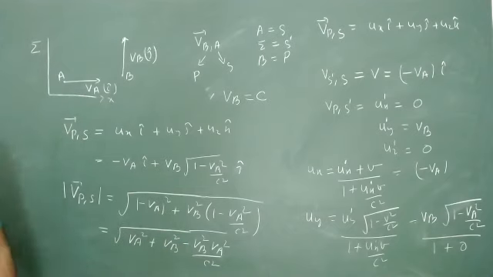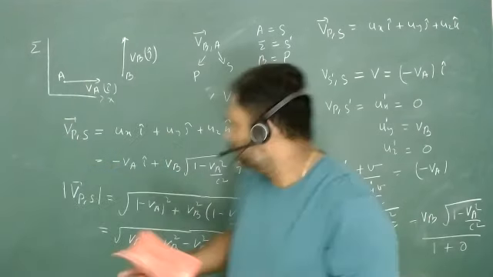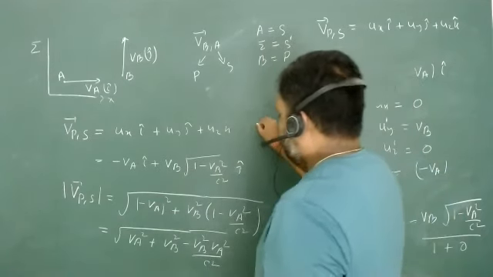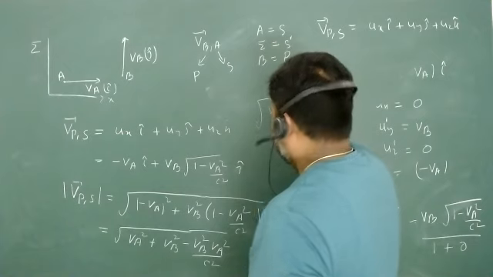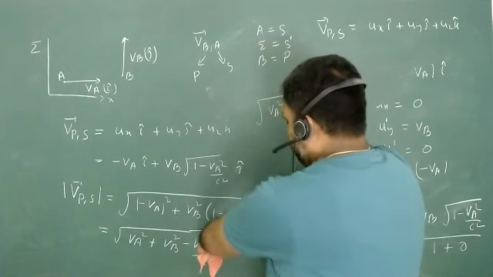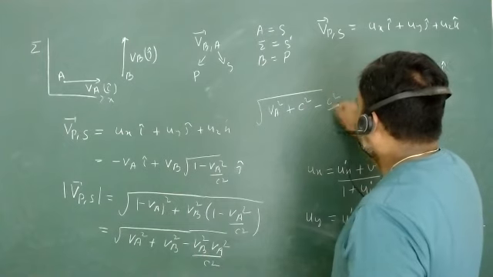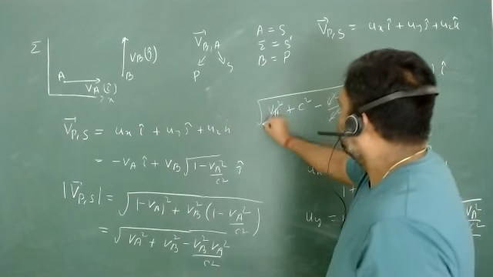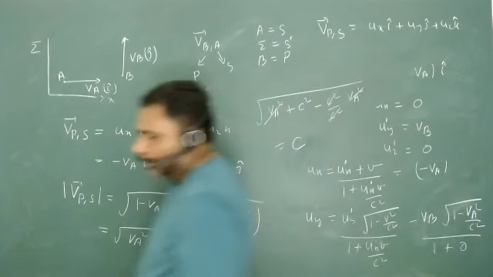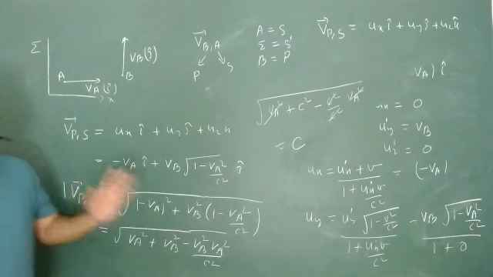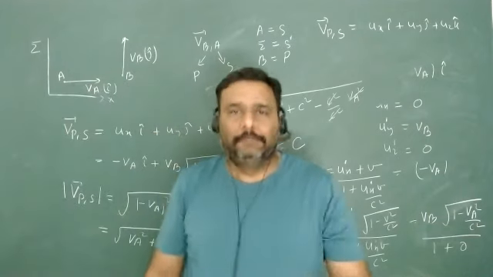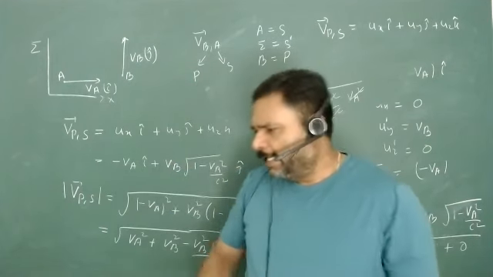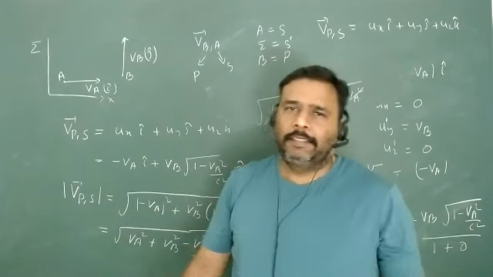What is your value? Let me just calculate it here. So we have va square plus vb square, which is c square minus c square upon c square times va square. So what will happen? This thing cancels out and you will get c, isn't it? The speed of light is invariant. Again, the number will be preserved. The speed of light is invariant. Same trick again and again.